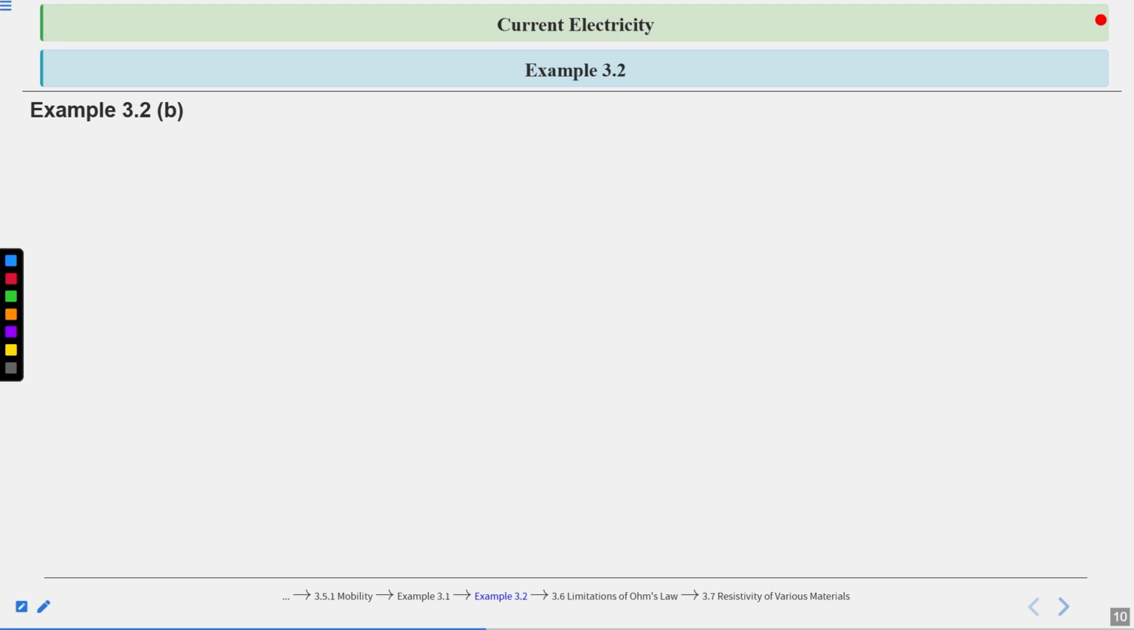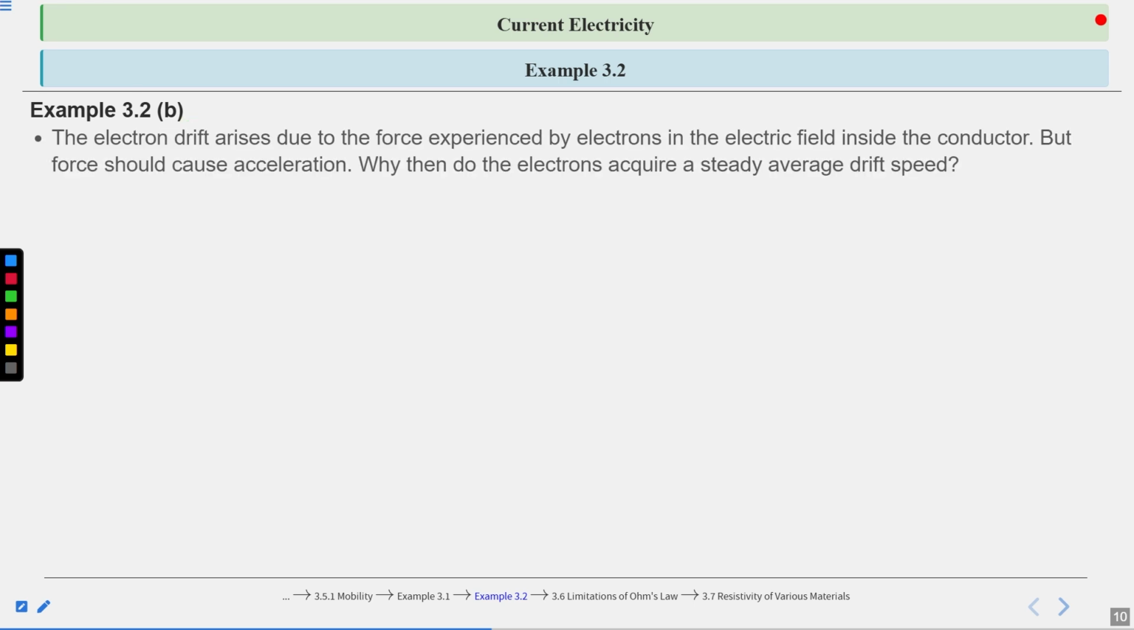Okay, example 3.2b part. The electron drift arises due to force experienced by the electron in the electric field inside the conductor, but force should cause acceleration. Why then do electrons acquire a steady average drift velocity? Okay, so